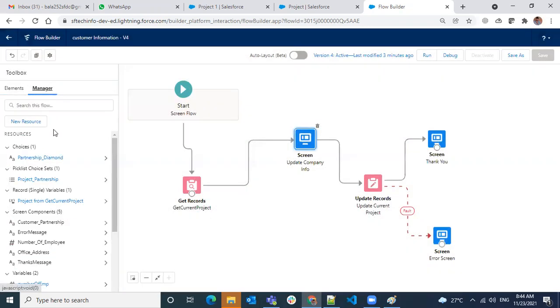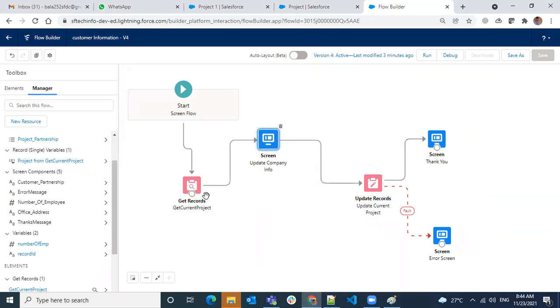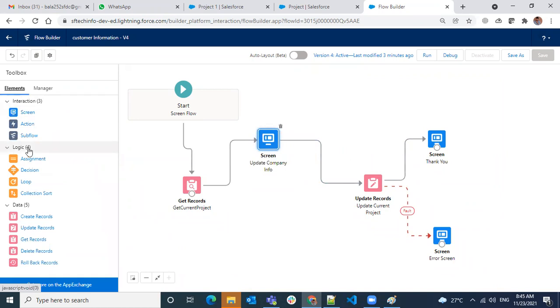All of this will be stored in your temporary variable, but these values are not assigned back to the record. So we have to first assign the values to this record, and then if you do the update, it will work.